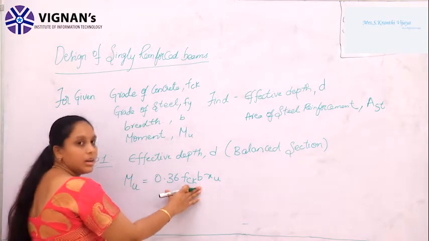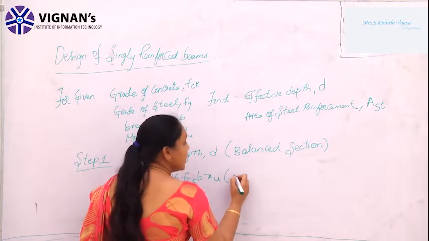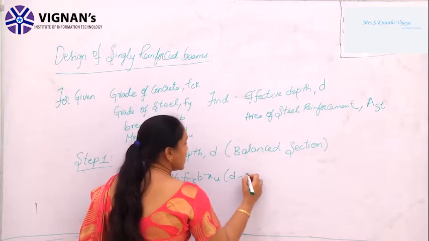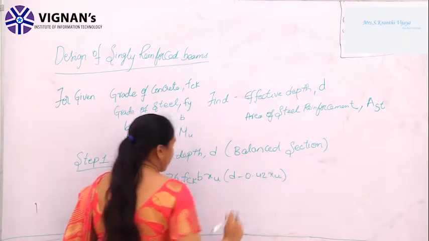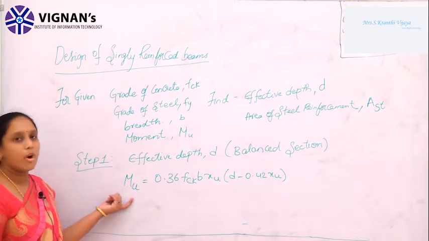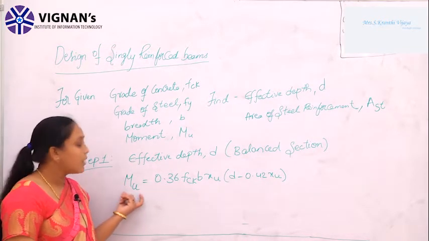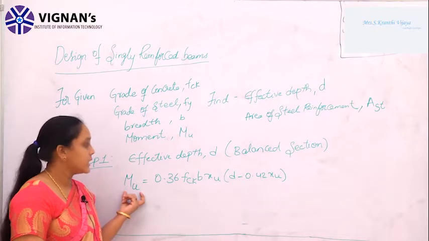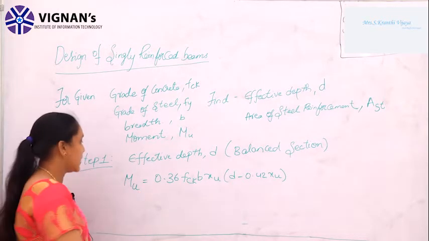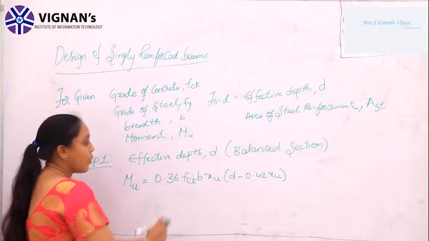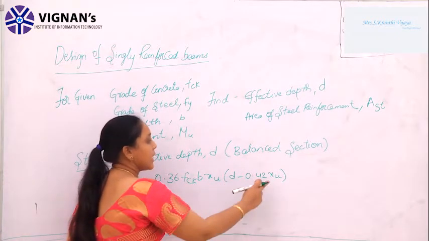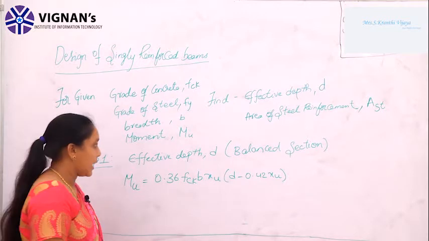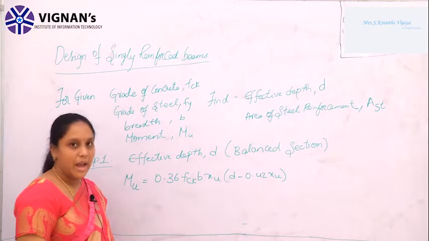So, this is the compressive force into the lever arm. The lever arm is d minus 0.42 into xu. So, this is the formula for moment, which we have calculated in the previous sections. As here we are considering a balanced section,